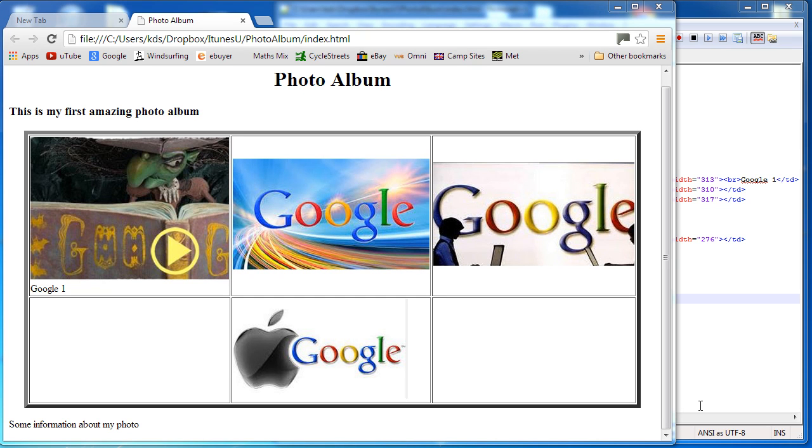Okay, this is tutorial 4 on how to create an HTML web page. We're going to continue with the design of creating a photo album, and this is how far we got on the last tutorial. We've got our images stored into a table, and we've got a little bit of text underneath the images as well. So in this tutorial I'm going to show you how to create links to other web